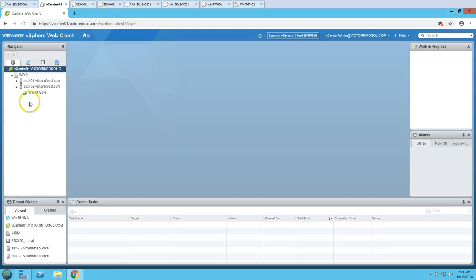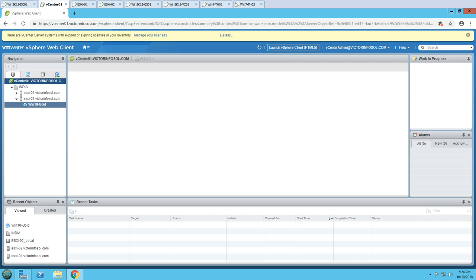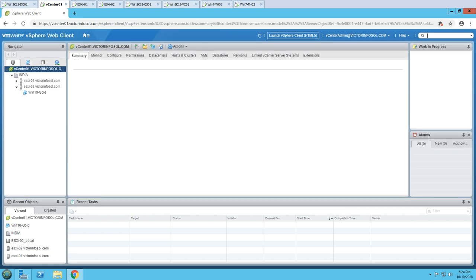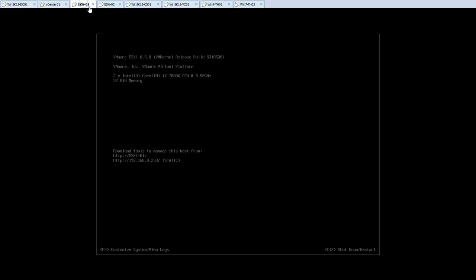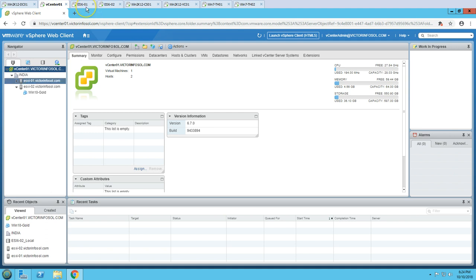So here's the gold image which we have created in our last video. So we are good. The next we have two ESXi host, ESXi 01 and ESXi 02, which is running our guest operating systems virtual machines. So this is ESXi 01 running ESXi 6.5.0, and this is ESXi 02 also running 6.5.0. So we have one vCenter with two ESXi host, and this one gold virtual machine which we have created in